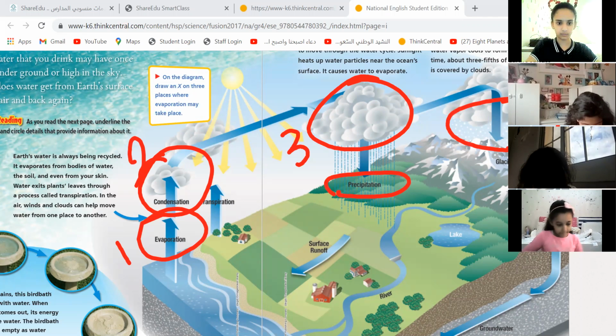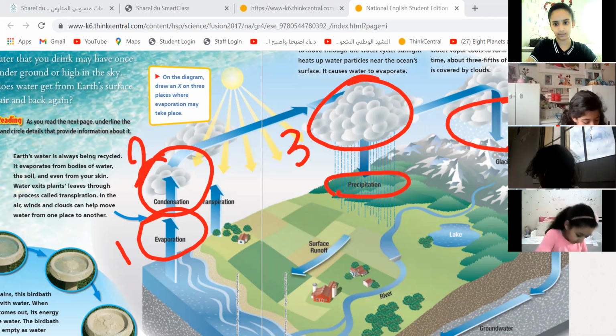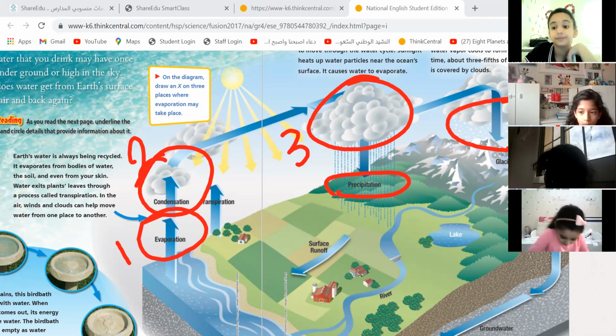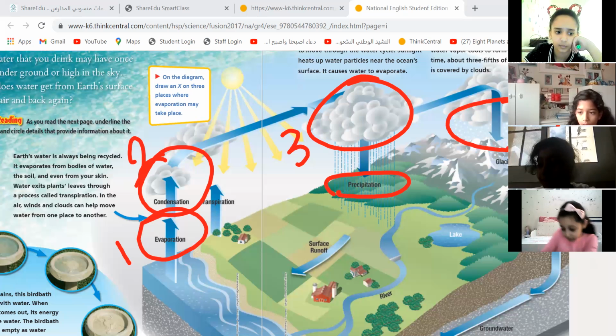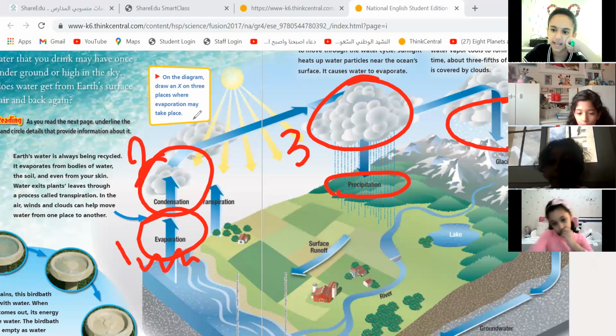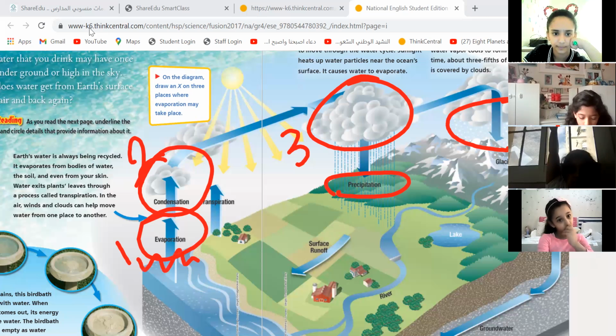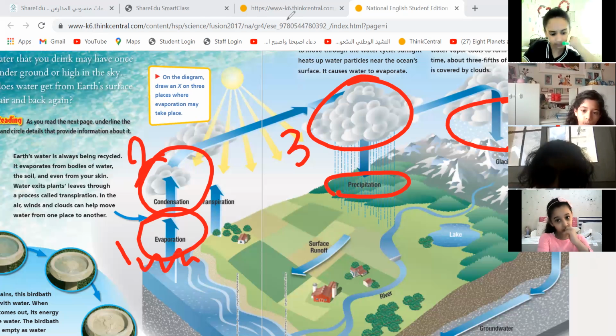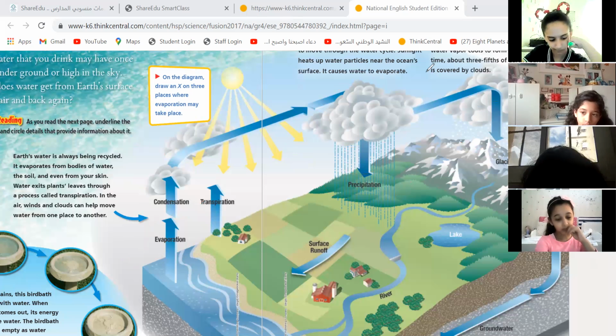Now, guys, we said that when the water falls down, most of it is stored inside the oceans. But is evaporation from the ocean the only way for water to go up in the sky, or do we have something else? Let me tell you, yes, there is something else that can give water to the sky. We call it transpiration. Now let me show you what transpiration is.